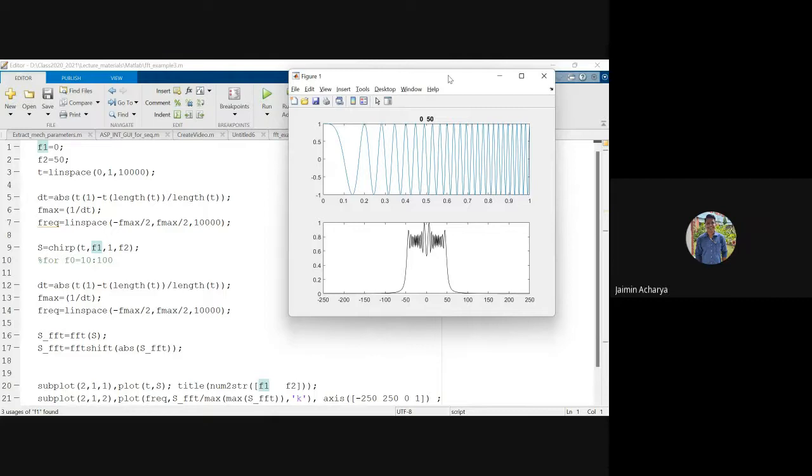Your stationary signal is a signal which contains all the component frequencies at all times. And a non-stationary signal is a signal which contains different frequencies at different times. So for example, the signal shown on the upper panel is a non-stationary signal. You have lower frequencies initially, and then the frequencies increase as time increases. Clear?